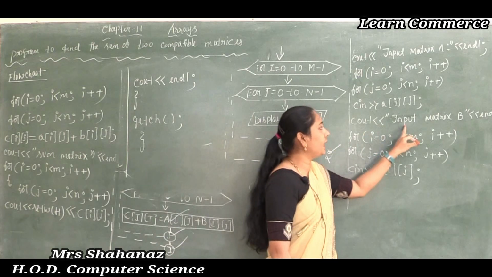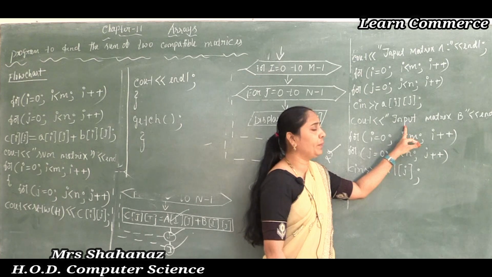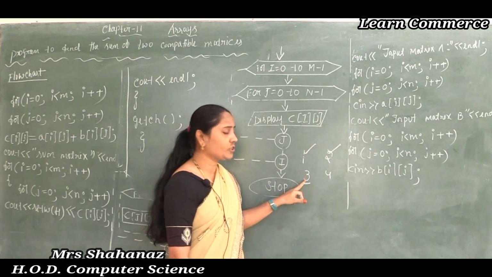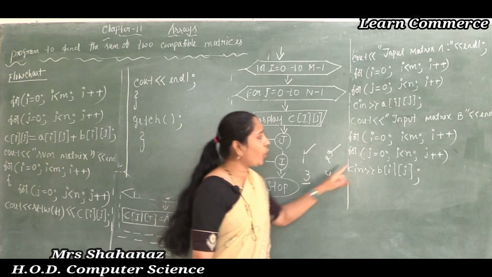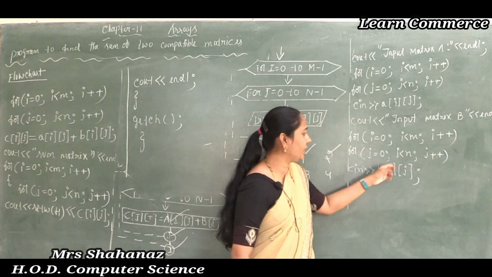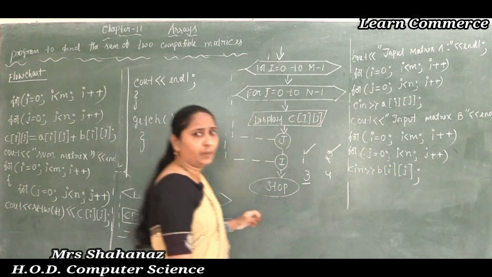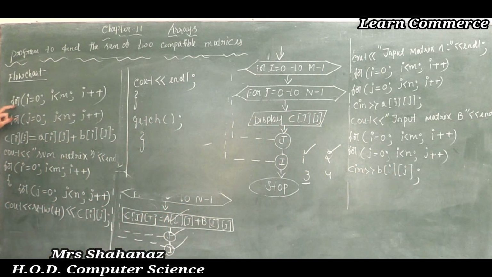After entering, then it is going to display one more, input B matrix element. Again you need to input 1 2, the cursor is going to blink in next line, 3 4. We already used the endl, it depends on the condition. That means we already added A and B matrix element. Then later next one, after that we need to add A and B, and such result is going to be added into the matrix C of ij.